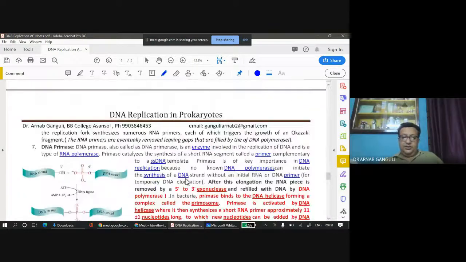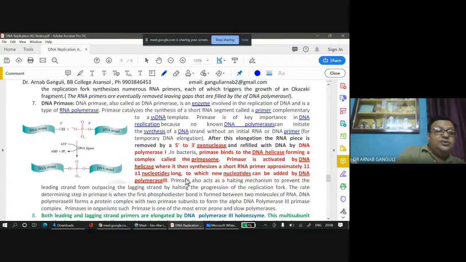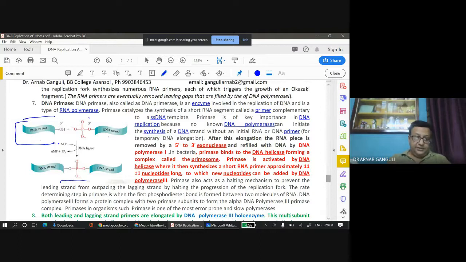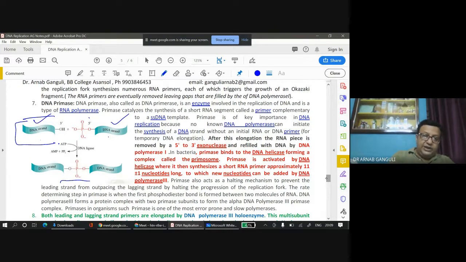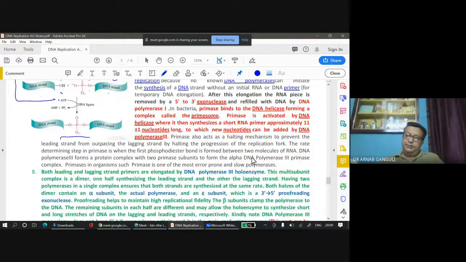তো লাইগেজ জুড়ে দিল। লাইগেজের কাজটা কি হচ্ছে, এই যে ডিএনএ স্ট্র্যান্ড 3'OH আর এদিকে 5', এটিপি খরচ করে ফসফোডাইএস্টার বন্ড তৈরি করে দিল একটা। No nucleotide is missing over here, but this 3' OH and 5' phosphate are joined together to form the phosphodiester bond. আচ্ছা, এটা হচ্ছে পুরো রেপ্লিকেশনের গল্প।